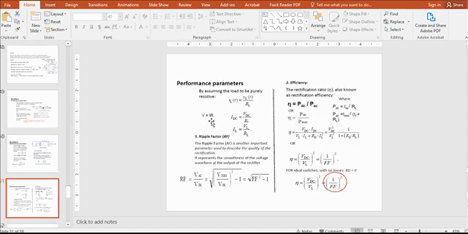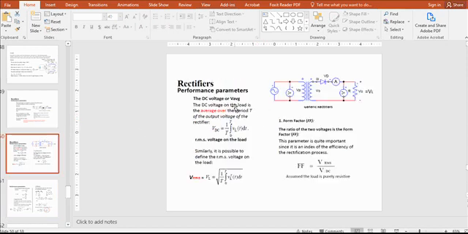V is equal to IR, that is Ohm's law, and if we know the voltage we can find the current by dividing the voltage by the resistance. So here, wait, just wait a minute. Yes, this we missed earlier: this is the average value formula, that VDC is 1 over time period, integrate the voltage over the time period,